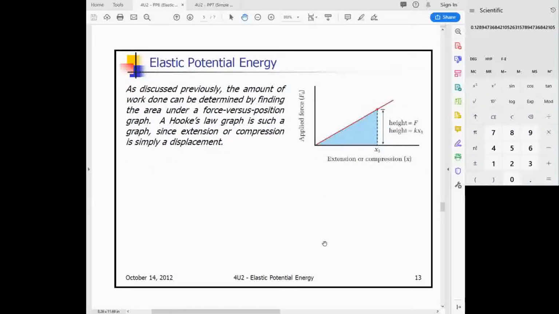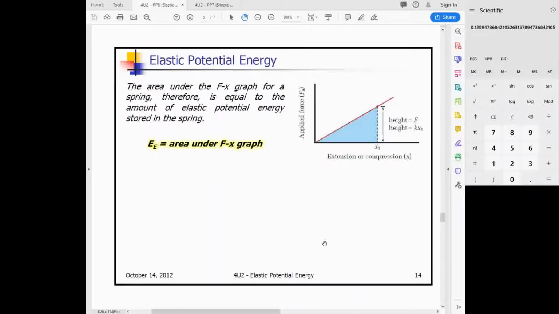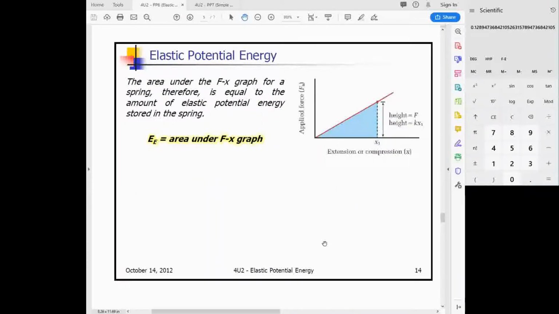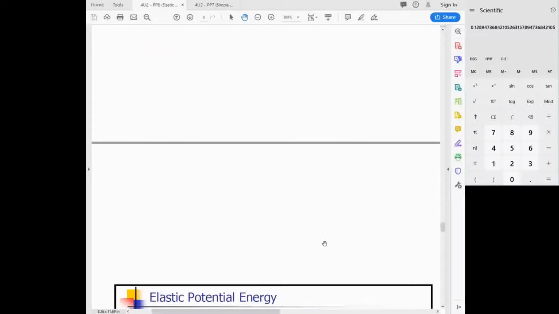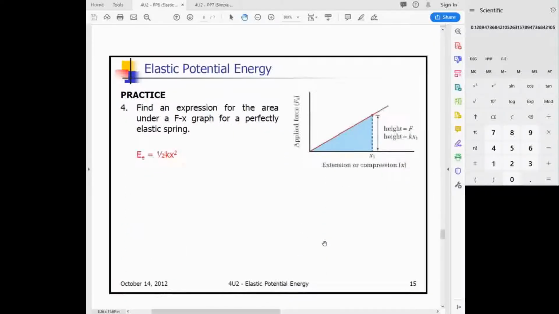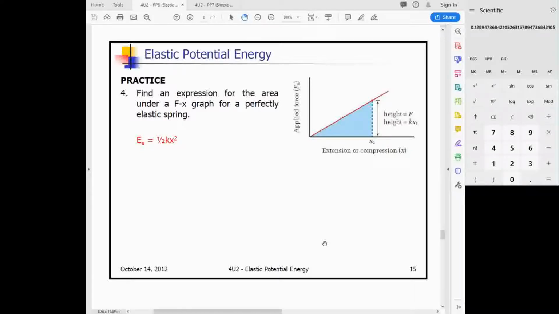And if we are going to calculate that area, it ends up being 1/2 the base times the height, or 1/2 of delta x times Fa. So that is our elastic potential energy. We write that as E with a subscript E, capital E, to just differentiate it from electrical. So E is the area under the F-x graph. And for a Hooke's law spring, which is what we'll deal with mostly in this course, that area is 1/2